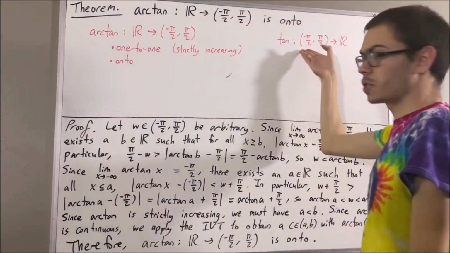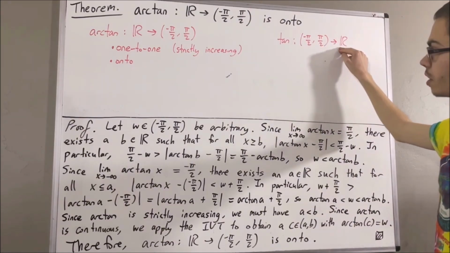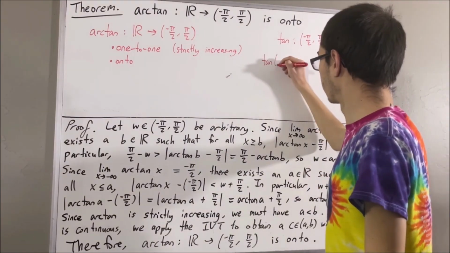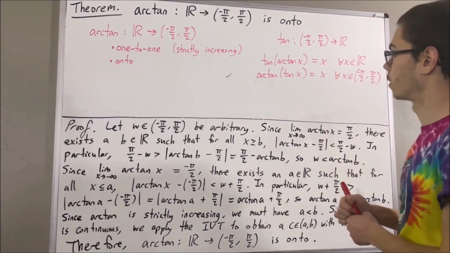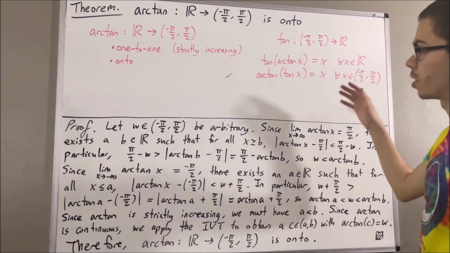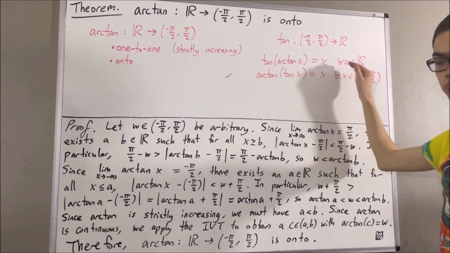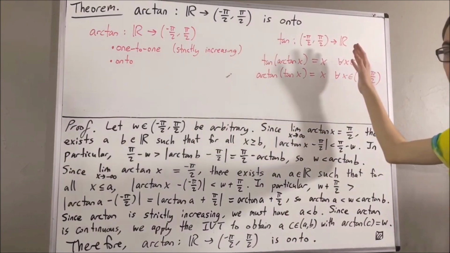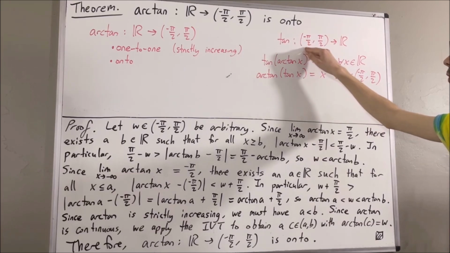Right, and so the inverse is going to be a function from the open interval, negative pi over 2 to pi over 2, to the real numbers. And by properties of inverse functions, we have the following. Right, we get these two facts. Also, since arctangent is a strictly increasing function, we have that tangent is a strictly increasing function. Since arctangent is continuous, it follows from properties of continuity that tangent is continuous. Now, when we say continuous, it's continuous on the open interval negative pi over 2 to pi over 2, right? Continuous on its entire domain.